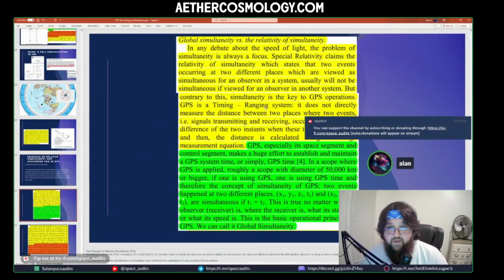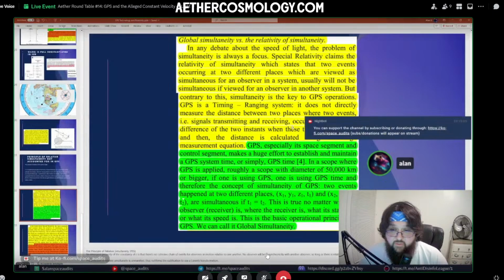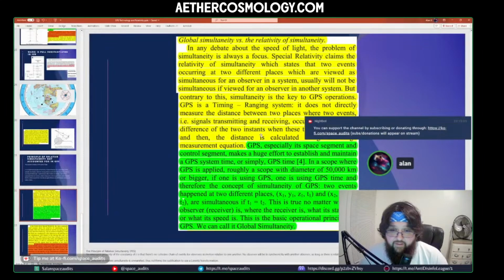GPS is a timing ranging system. It does not directly measure the distance between two places where two events, i.e., signal transmitting and signal receiving, occur. It measures the difference of the two instances when the two events happen, and the distance is calculated using the range measurement equation. GPS, especially in its space segment and control segment, makes a huge effort to maintain GPS time, or GPS system time. In a scope where GPS is applied, roughly a diameter of 50,000 kilometers or bigger, if one is using GPS, one is using GPS time, and therefore the concept of